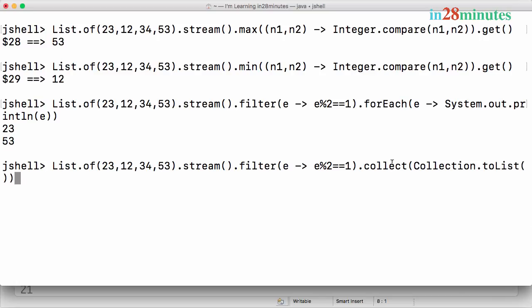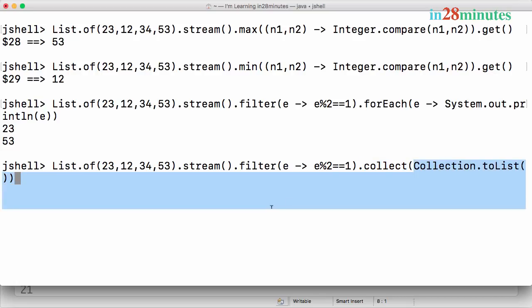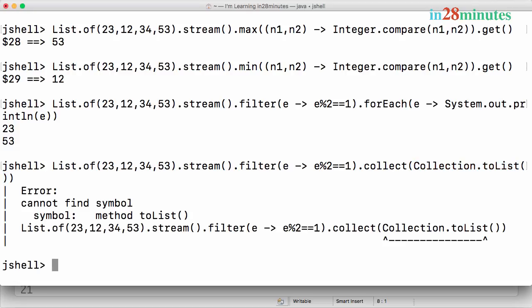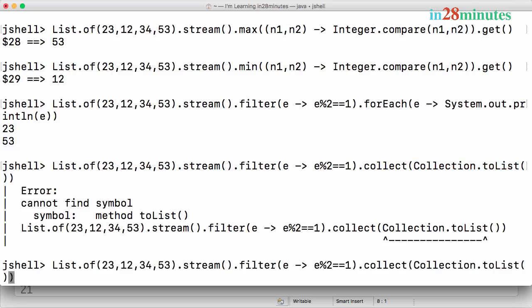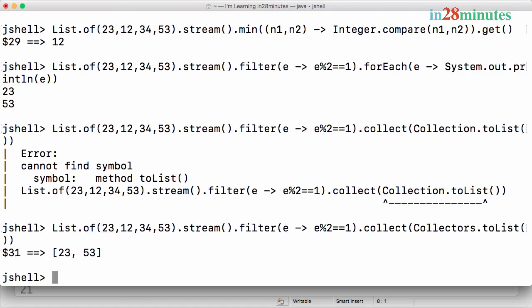So it's collect, and within the parenthesis I put Collection.toList method call. So this is a static method called toList. What we are doing in here is we are saying collect it as a list. Oops, I'm getting a compilation error because I got the static thing wrong. So it should have been actually Collectors. It's not Collection anymore, it's Collectors.toList. Be careful about it. And now you would see that we are getting a list as the output, which has